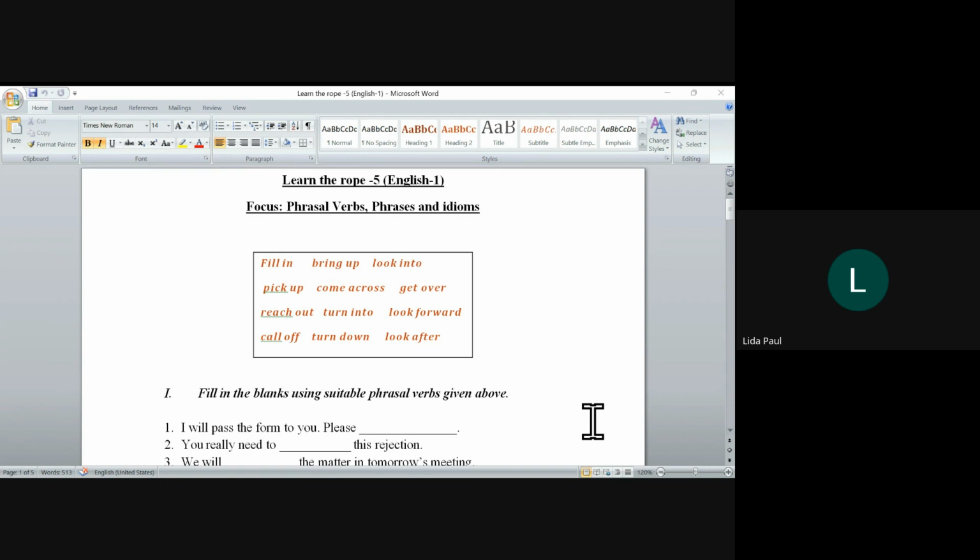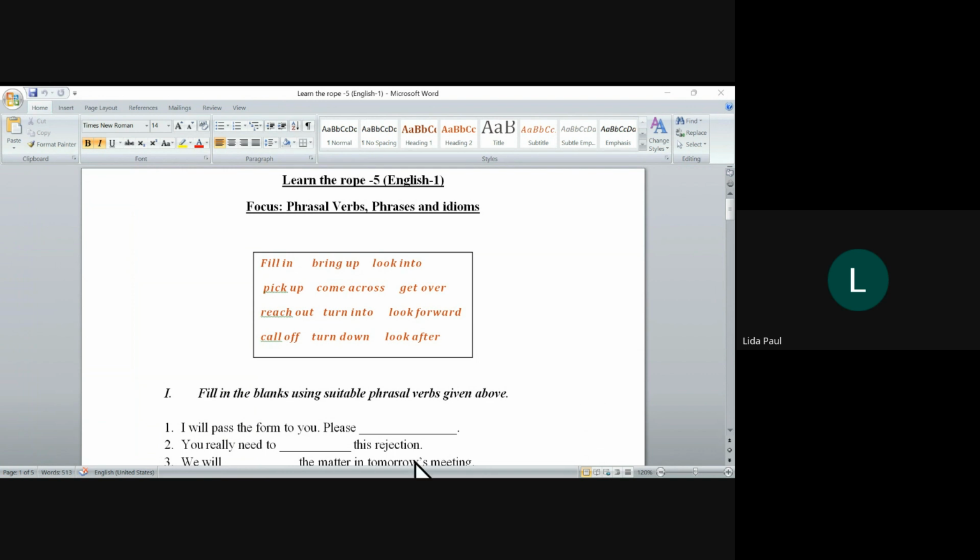So the context will decide what we are talking about. If I'm using pick up in the context of somebody picking up some skills, I'm referring to learnability. Somebody has learned something, right? If I'm using it in the context like pick it up or pick up the papers or pick up the bits of paper on the floor, I'm using it in the literal sense. Based on the context, you can understand whether the usage is literal or idiomatic. So this is another aspect of phrasal verbs. That's about the structure, grammar, meaning and use of the phrasal verb.